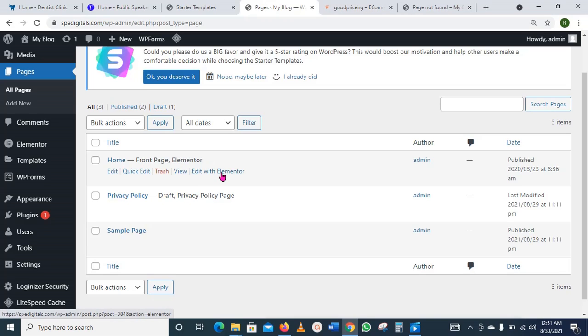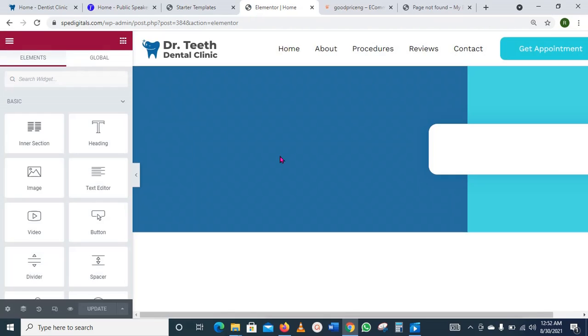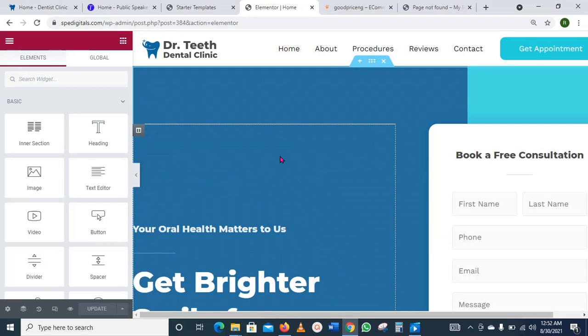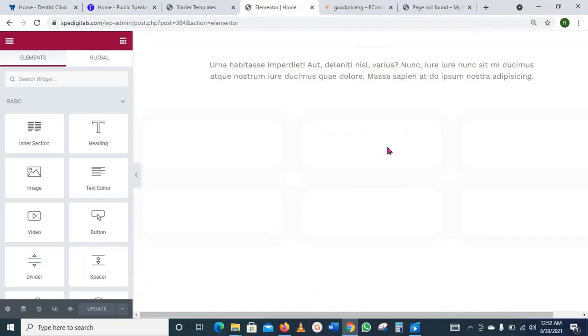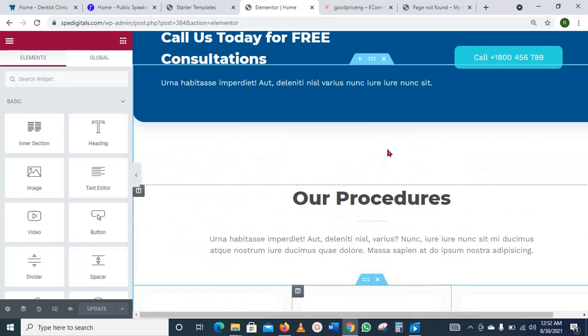Now I'm going to click on edit with Elementor. Click on this. Boom, we are there. So this is where we're going to customize the site